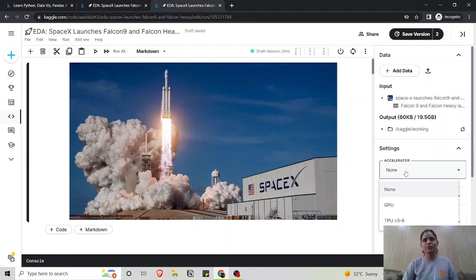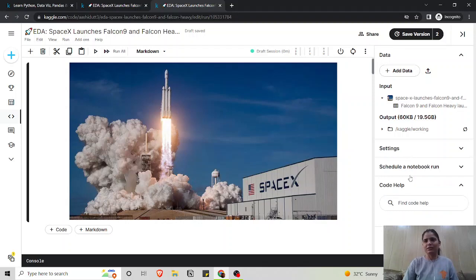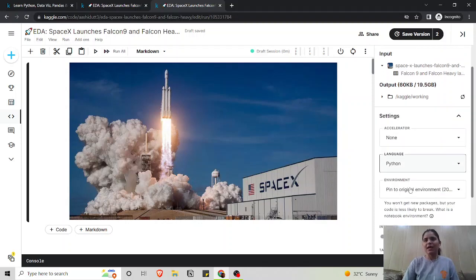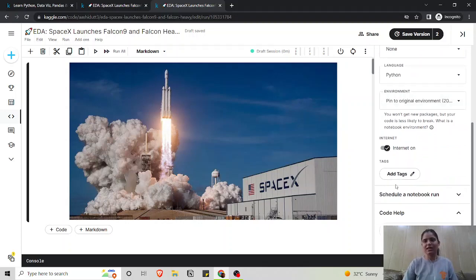Kaggle also provides you some GPUs and TPUs for working with large data sets. Apart from that, you can change your language. I'm using Python currently. You can change the environment, add tags so that people can easily find your notebooks, and schedule a notebook run as well.